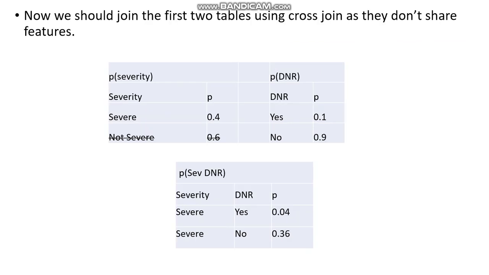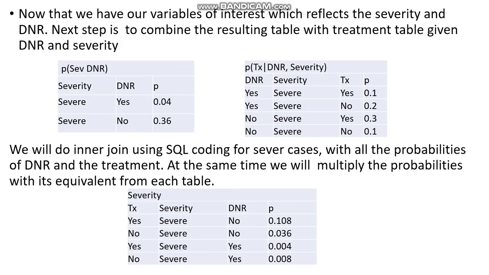Then we have to join the probability of severity table and probability of DNR. By that, we are getting all our variables of interest within one table. So we have severity, DNR, and the probability. In the next step, we are combining the resultant table with the treatment table given DNR and severity. For that, we are using an inner join in SQL. So now we have all the records of DNR,